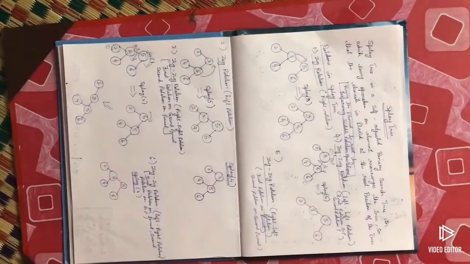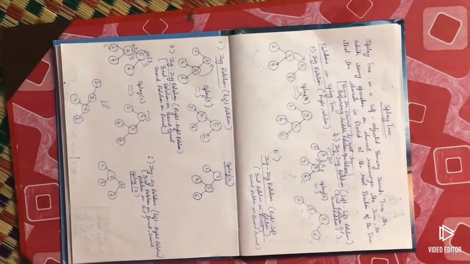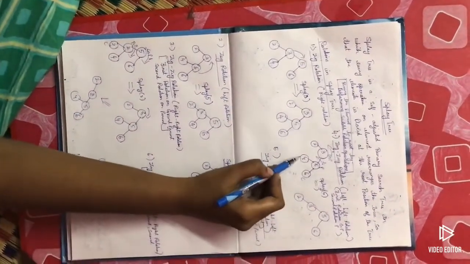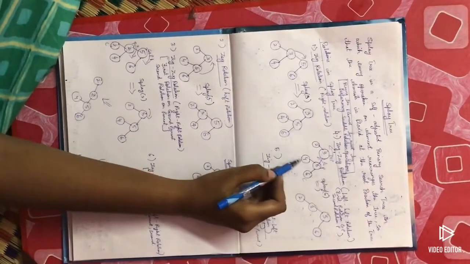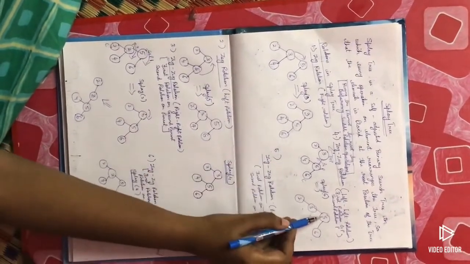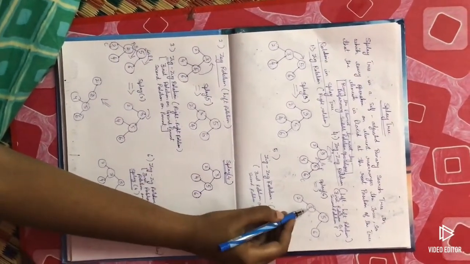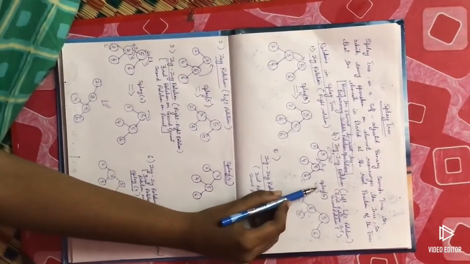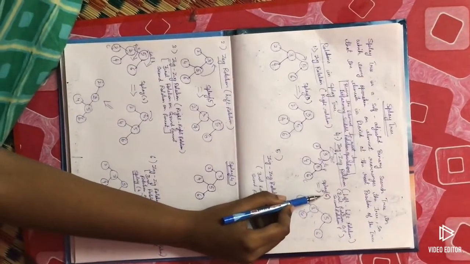So here what I said, I have to insert the element at the left of 5. Okay, 4 should be inserted at the left of 5. So at the left of 5 what is there? 3. So compare 3 and 4, 4 will come here. Okay, still not completed because we need to splay the element 6 to the root.